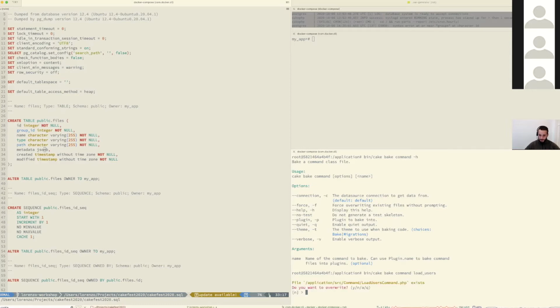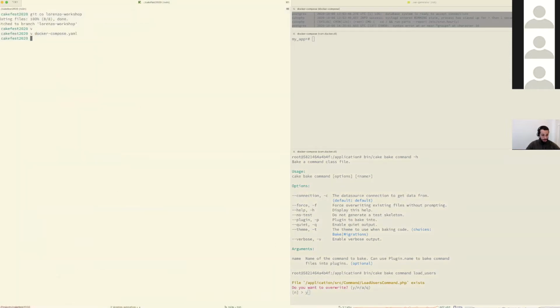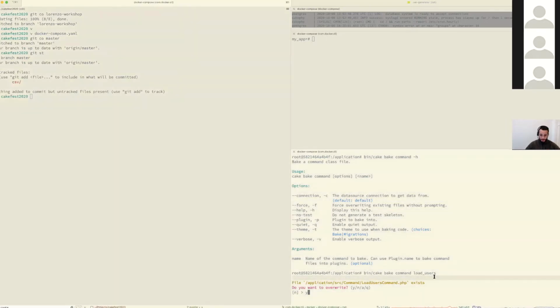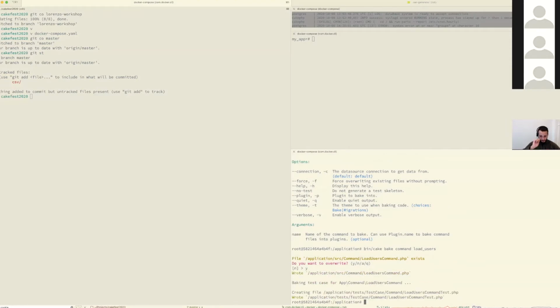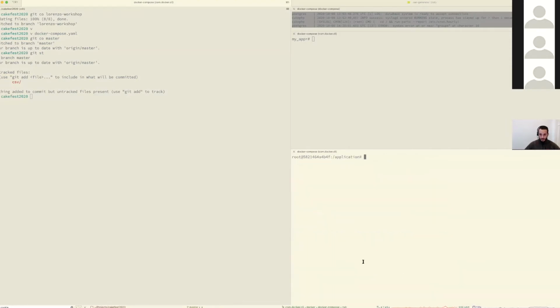So it's asking me if I want to overwrite. Oh, actually I do want to overwrite, because I should be in master, not in my branch. There you go. Sure. So we start from scratch,